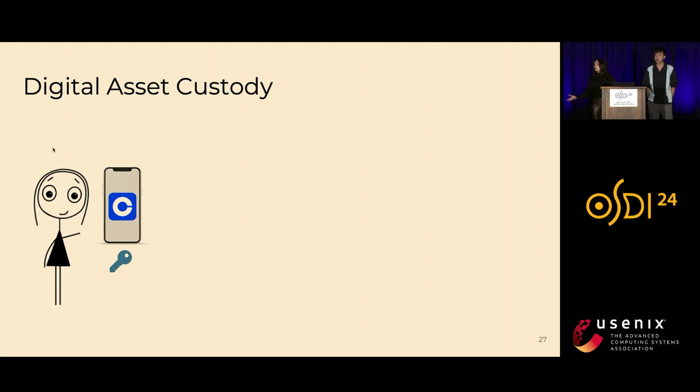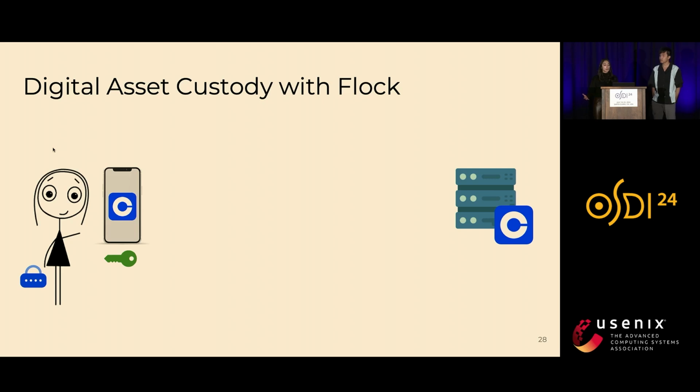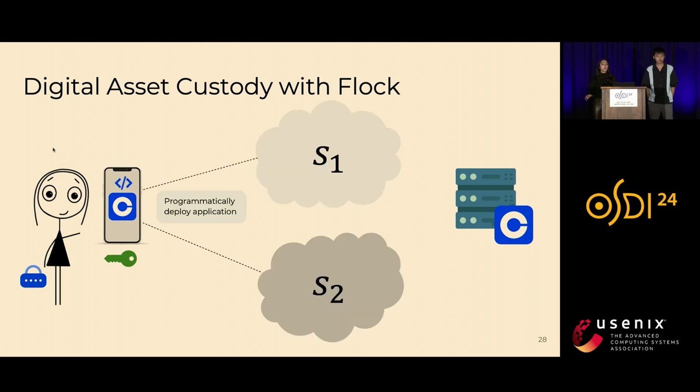She has a wallet application such as Coinbase, and she wants to sign transactions and post them. So how can we do this with Flock? Well, first, the application provider has to get the open source code to the client device. Next, Alice's client is going to programmatically deploy the N-1 serverless instances in distinct clouds, and this is all abstracted